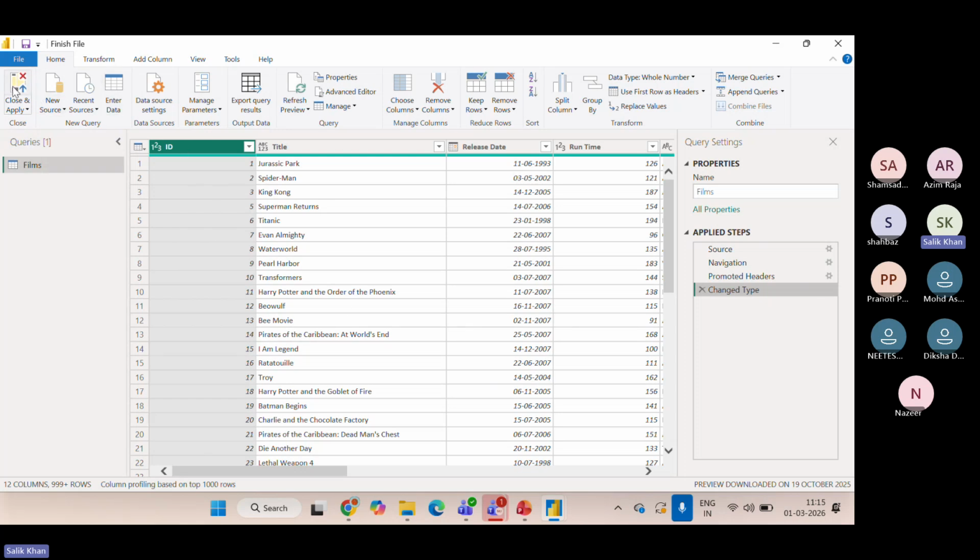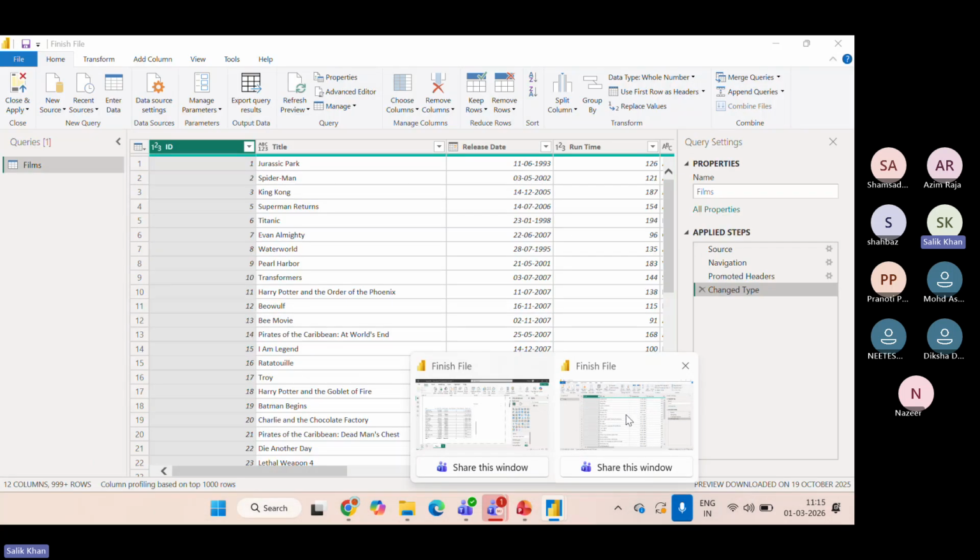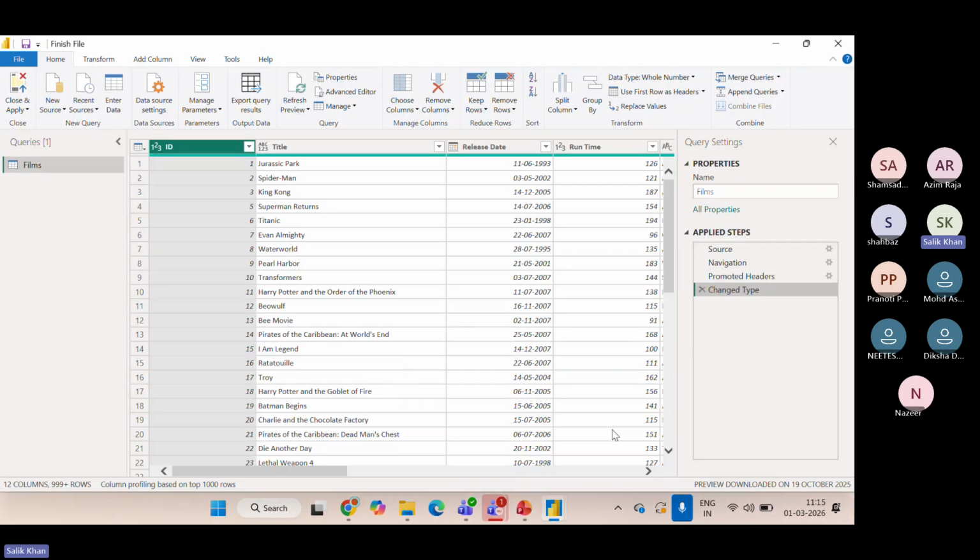Once you click on Close and Apply, it will apply all those transformations and take you back to the Power BI Desktop, and it will close this Power Query Editor automatically. This action confirms